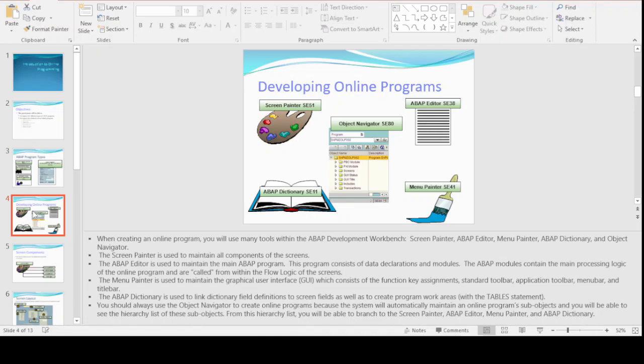Also we can use it as a work area of the structure fields. You should always use the object navigator to create an online program, because the system will automatically maintain the online program's sub-objects, and you will be able to see the hierarchy of the list of the sub-objects. From the hierarchy list, you will be able to maintain the branch to the screen painter, menu editor, and ABAP dictionary. It means that all the linking in the hierarchy structure will clearly display in the